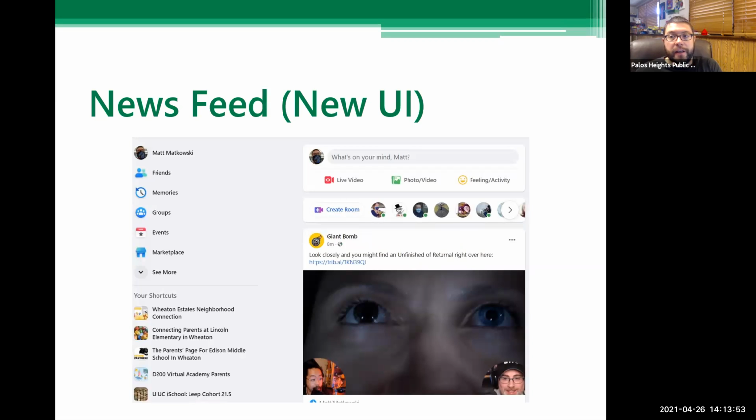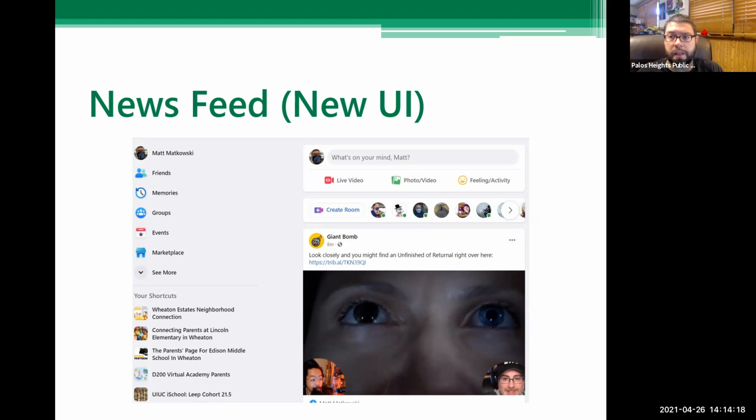The news feed is a pretty major part of Facebook. It's what loads up when you log into facebook.com, and scrolling through it, that's where everyone's posts are. So no matter if it's a company or a personal friend, anything they post will show up in your news feed.